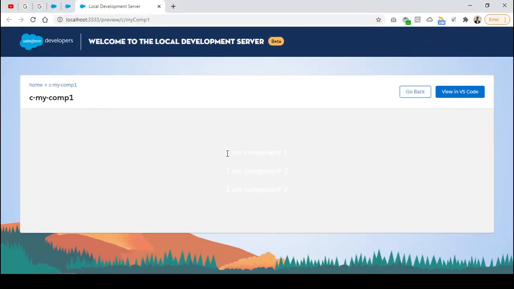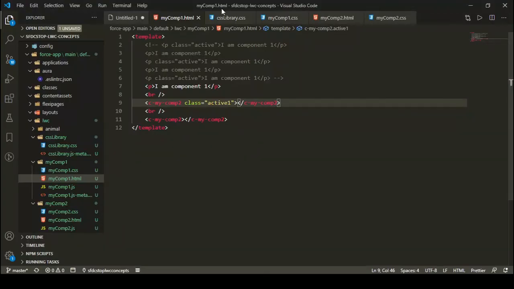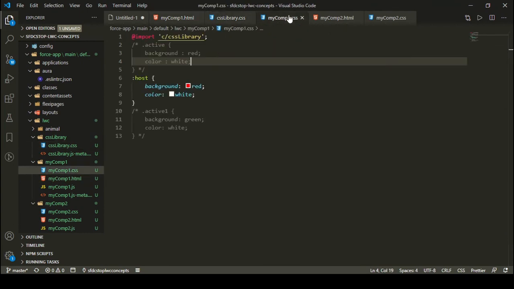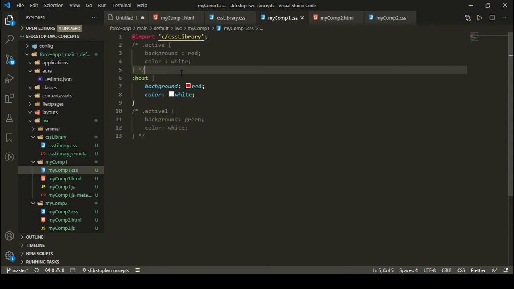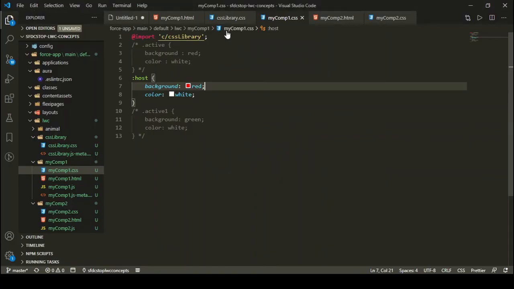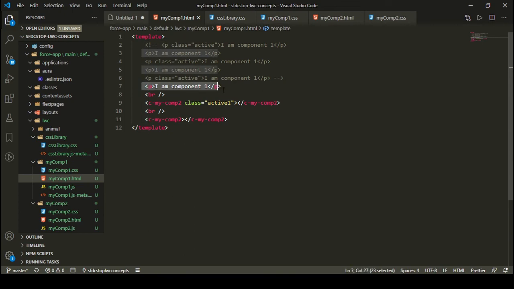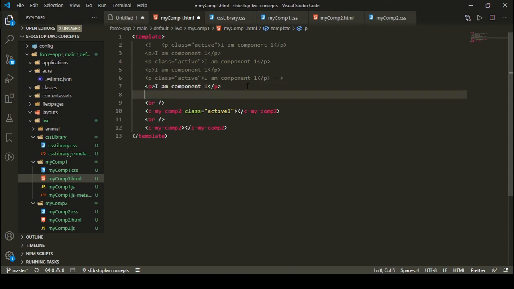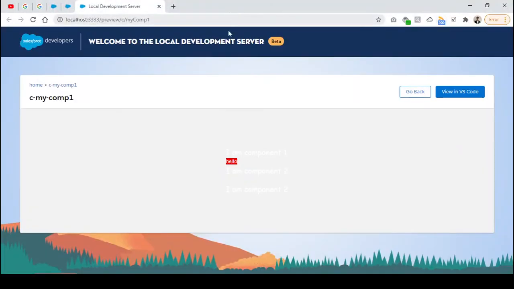Okay, so I guess, yeah, this text is coming, but it has a text color of white, because if you remember, I have defined the text color as white right here. Okay, and the background property is still there. So if you are wondering why the red background is not coming, it is still there, but the only fact is that I have wrapped my text under my paragraph, so that is why the paragraph CSS is overriding that background CSS. So let's say I have some other text like hello over here, so this will have a red background, but the paragraph won't have a red background because now the paragraph has its own CSS, right? So as you can see, hello has a red background but the paragraph does not.